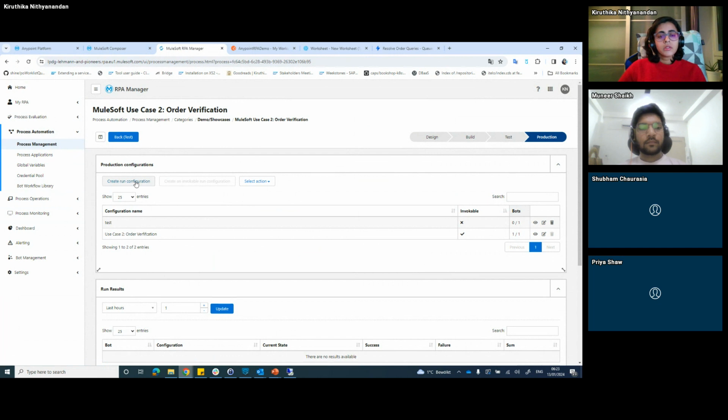A normal run configuration would just trigger the bot in specific schedules that is already fixed and configured. If you create, on the other hand, an invocable run configuration, it can be triggered from anywhere on demand from any outside external system, right? So for us to publish our process as an API, we need to create an invocable run configuration. It is possible to have one invocable run configuration for every process, exactly one. And that is why the icon here is grayed out, because there is an invocable configuration that is already existing